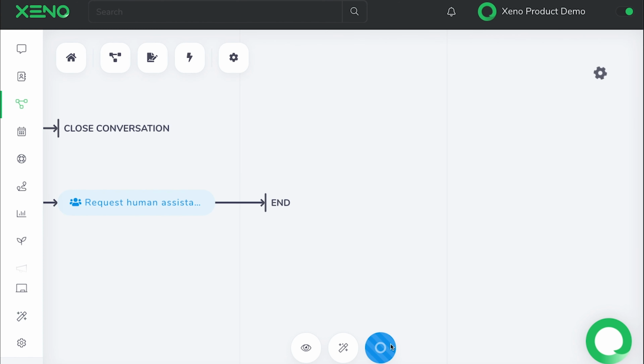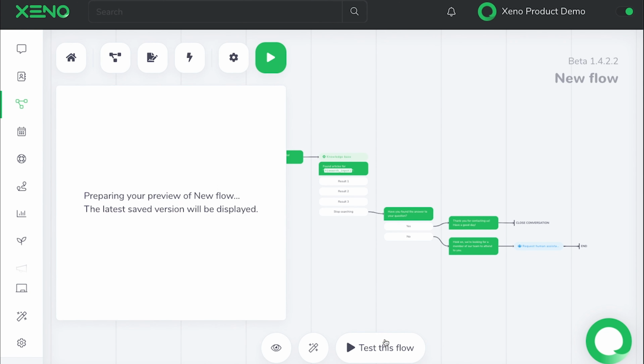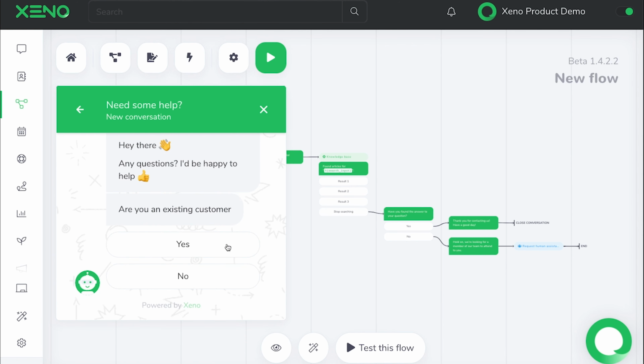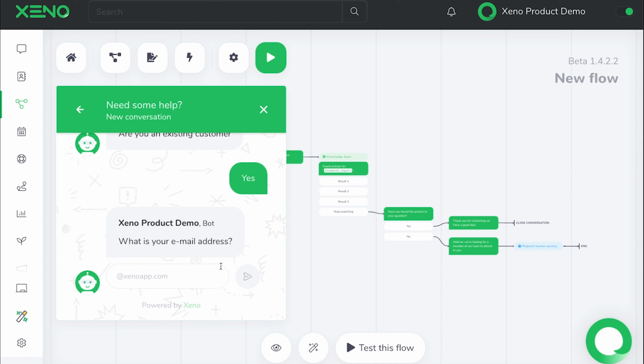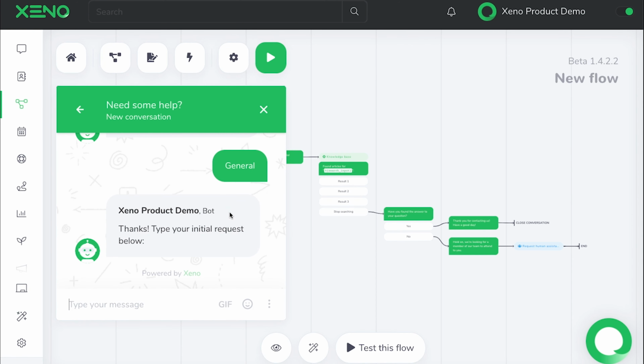Click on Save. It would be advisable to click it every now and then. You can finally test your flow. When you click on Test Flow, it shows you exactly how your flow looks like on your chat box. At any point during the flow building, you can always save and test it so you know exactly what it looks like. This would be advisable too, so you can catch errors in your flow early on and be able to correct it quite easily.